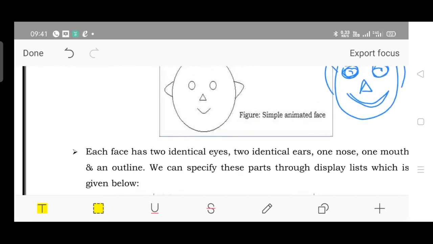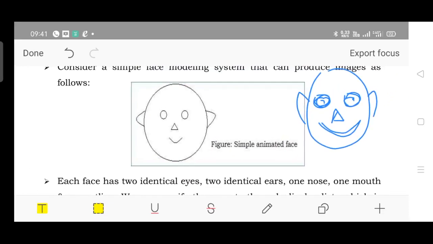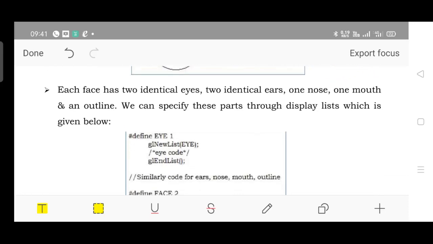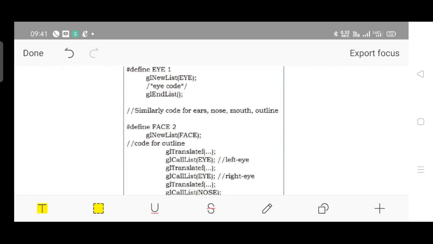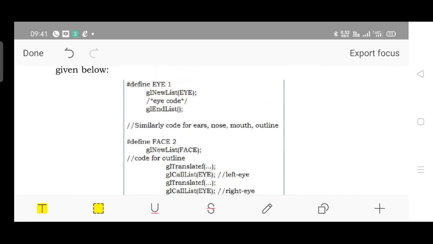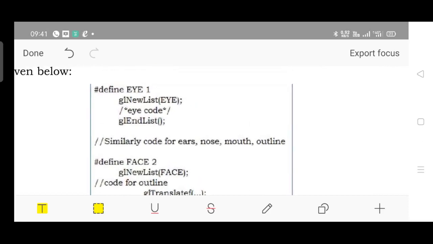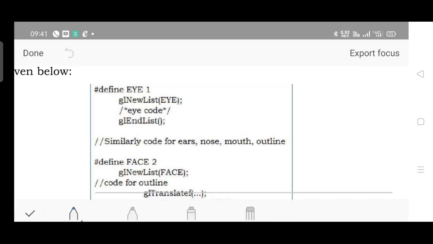The simple animated face diagram is taken. Now you got the idea, I hope. The facial structure contains two eyes, nose, two ears, mouth, and all. Then the outline. In this way, display lists are to be defined.